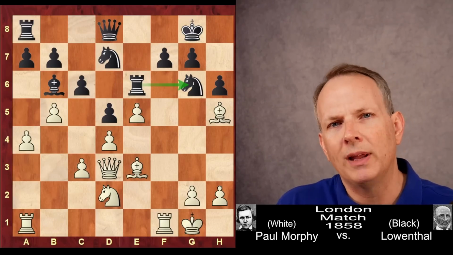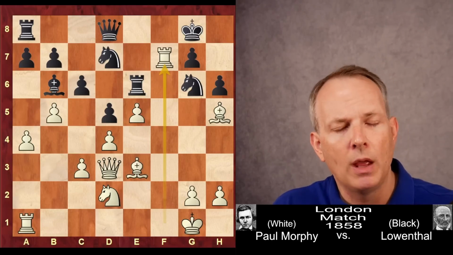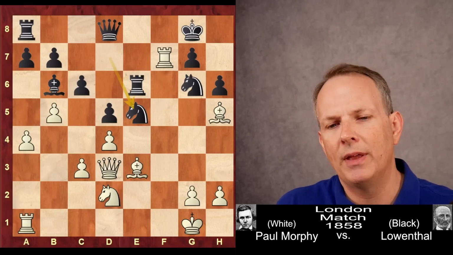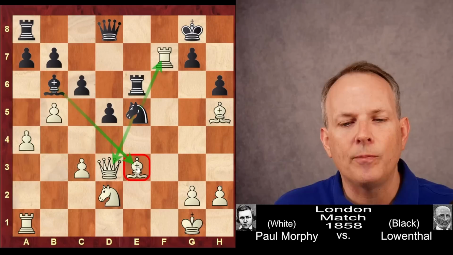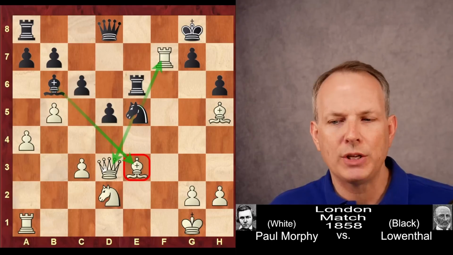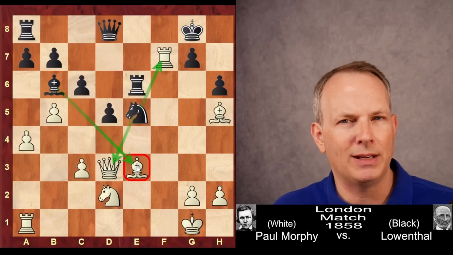If Morphy were to play the sacrifice, rook takes f7 here, it would not work. And the reason is knight takes e5. And after pawn takes, knight takes e5. And he is forking the rook and the queen, and he's putting pressure on the bishop on e3. And that would be too much. So white's queen could not go to f5 to defend the rook, because black would just play bishop takes e3